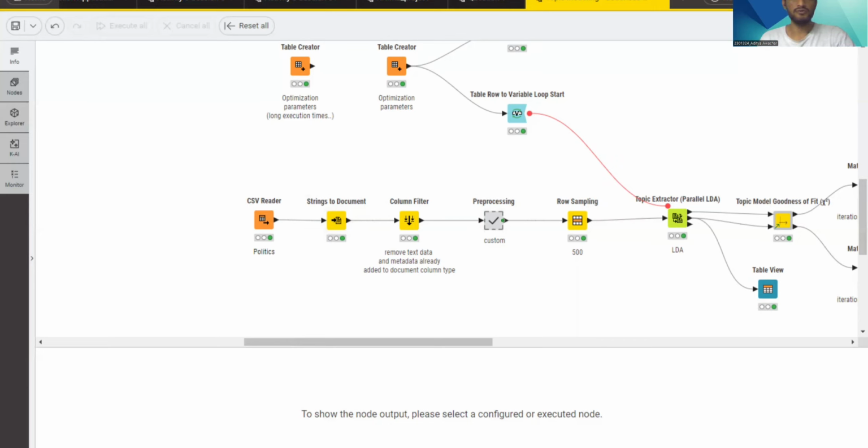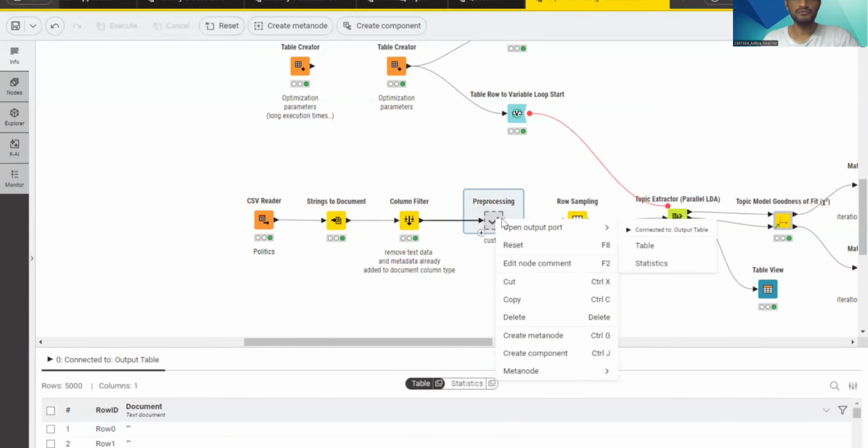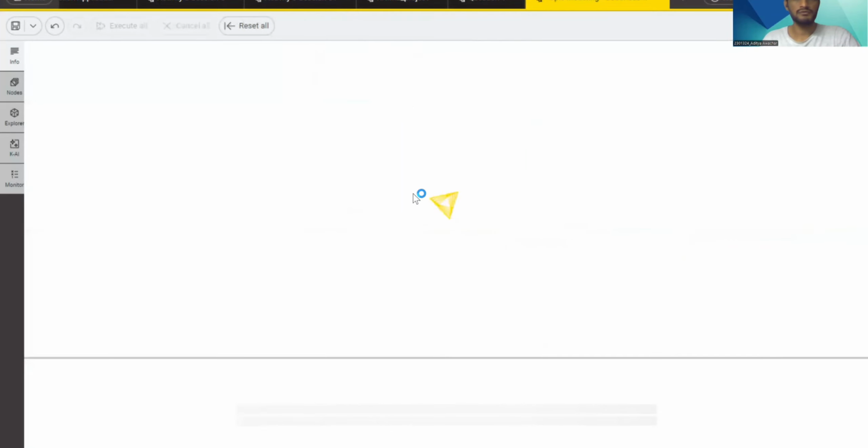Then we have the column filter, which removes text data and metadata, already added to the column type. Then we have the pre-processing node, which is customized for this political purpose data. So here, what essentially we are doing is, if we open this,